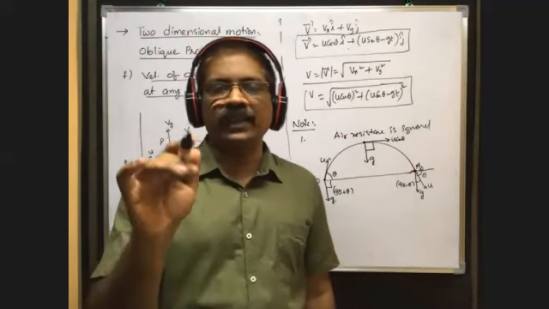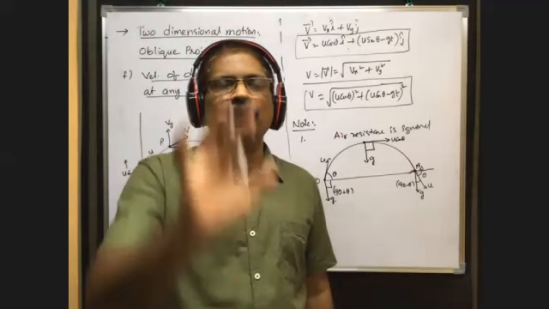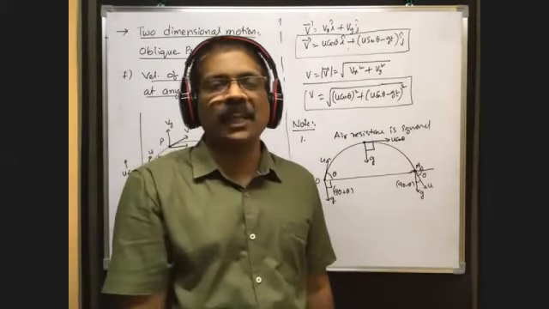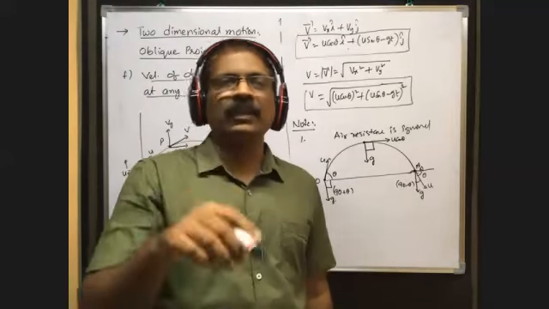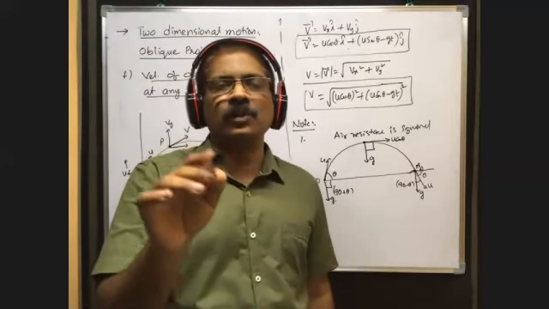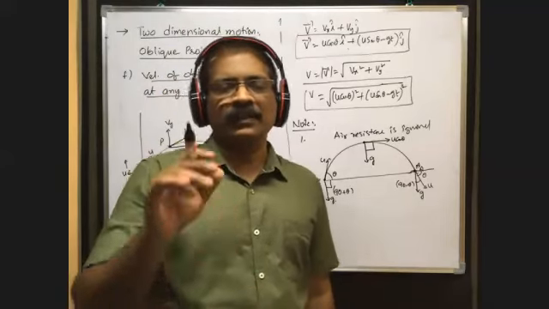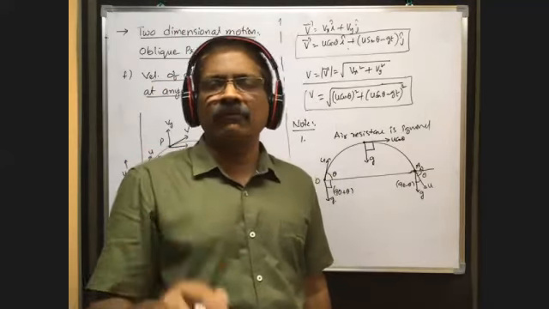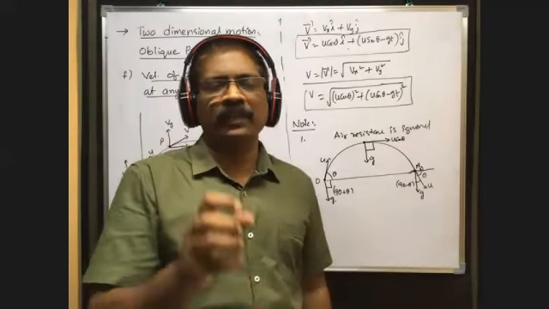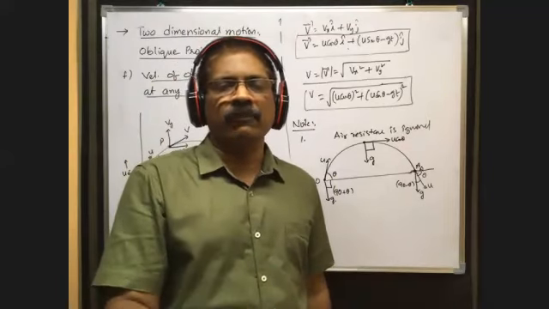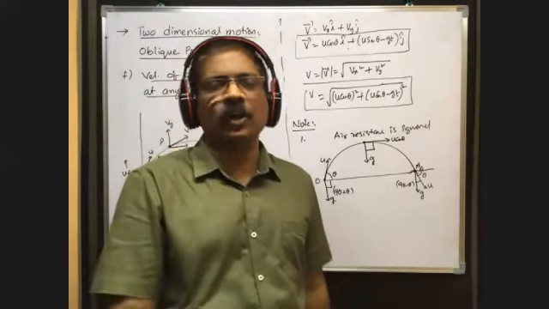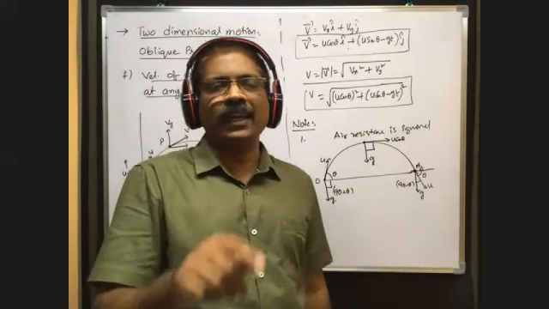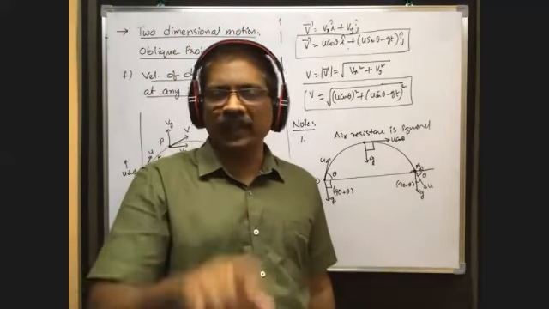In case of a vertically projected body, velocity is in the upward direction and acceleration g is in the downward direction. Because of that, in the upward direction we have taken acceleration equal to minus g. Tell me an example of a body having velocity and acceleration in different directions: we can say a vertically projected body. The angle between velocity and acceleration in that case is 180 degrees.